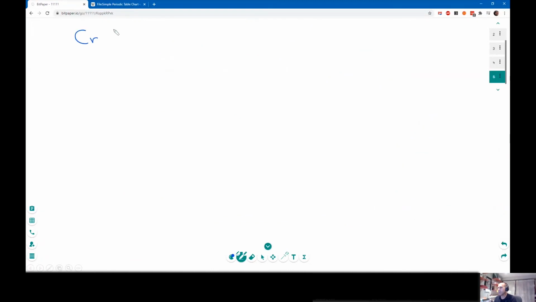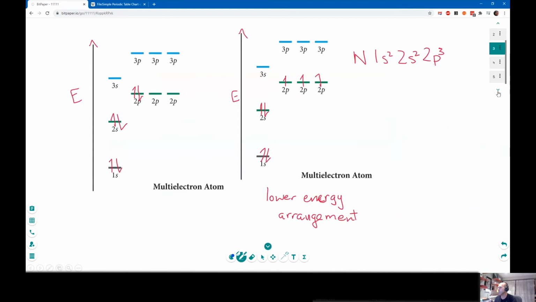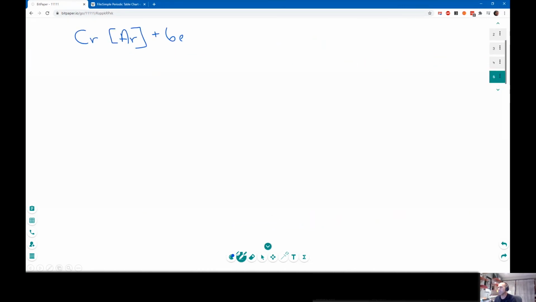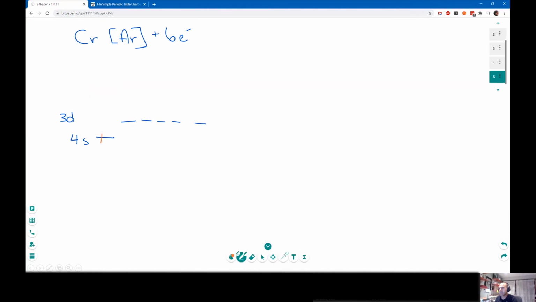If we have chromium, we have argon, and then how many other electrons do we have? We have 1, 2, 3, 4, 5, 6 extra electrons that we have to play with for chromium. So it's argon plus 6 electrons. And so I have 4s, and then 1, 2, 3, 4, 5, 3d. Now, if we follow the regular Aufbau rules, we would expect